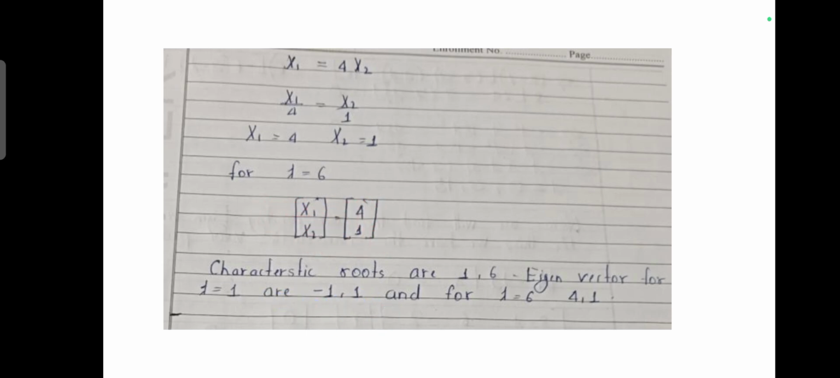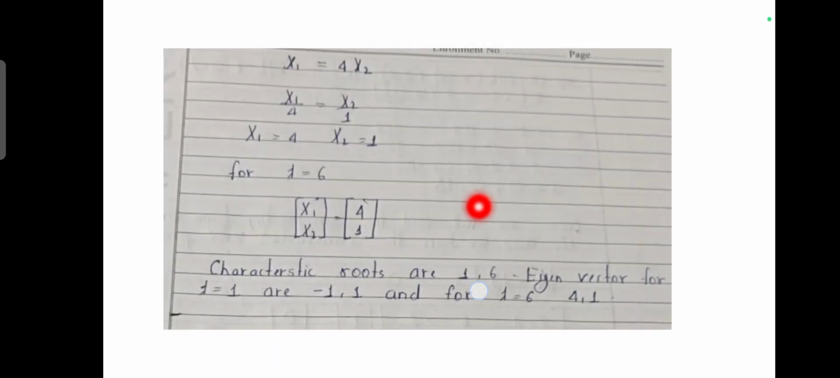So at the end, characteristic roots are 1, 6. Eigenvector for lambda equal to 1 is [minus 1, 1], and for lambda equal to 6,